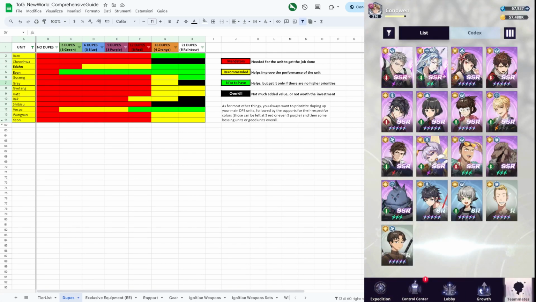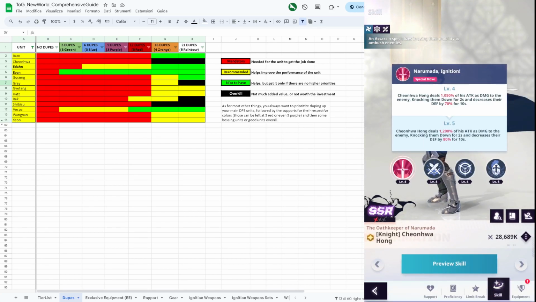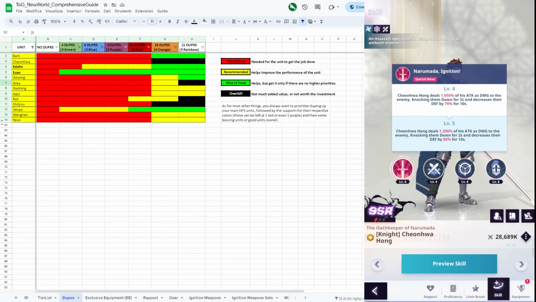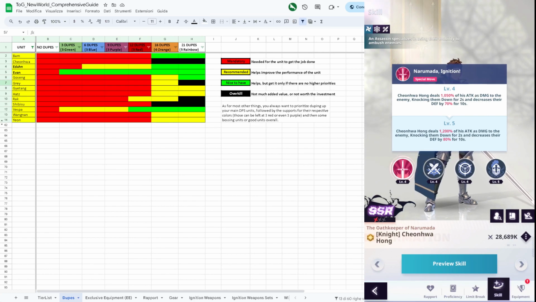Next in the list is one of the guys I mentioned. He is really good in boss fights, and you actually either want him at 3 red or basically he is pretty much average. He's fine, he's really good. I mean, he has a 70% defense shred on his special skill instead of an 80%, but this 10% makes a really big difference because you will pair this guy with another unit that will have a 20% permanent defense